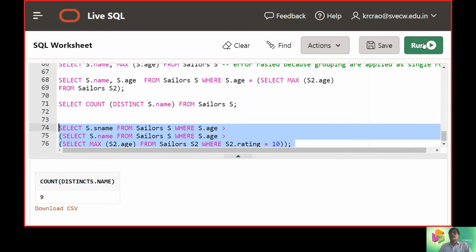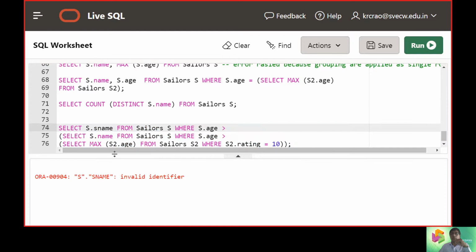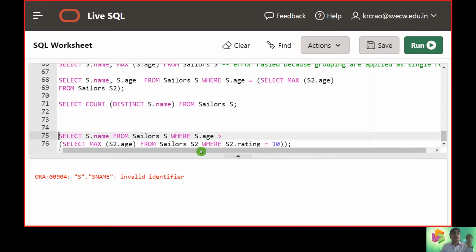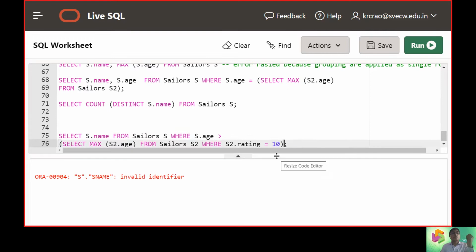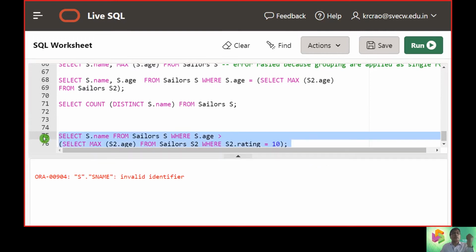We are writing with nested query operations. We don't have S name, we have only name at this point. I think this line is repeating here, so I will remove this line. And I don't need any extra braces here, so we can ignore them. So only one query is enough. Select name from sailors where age is greater than the maximum value.